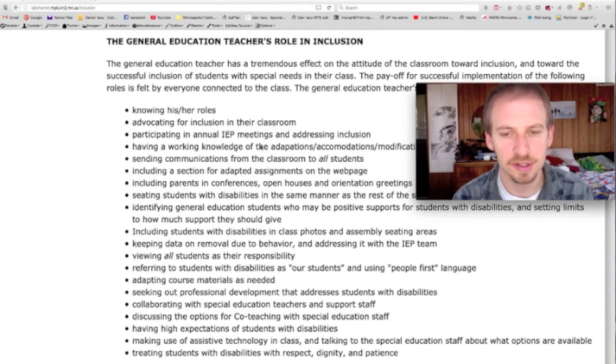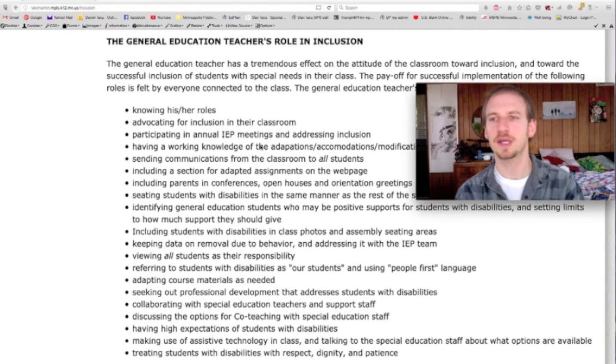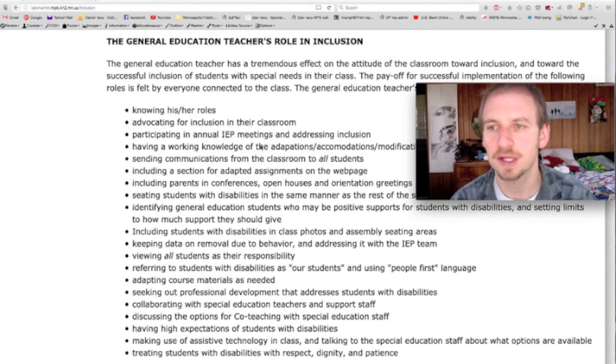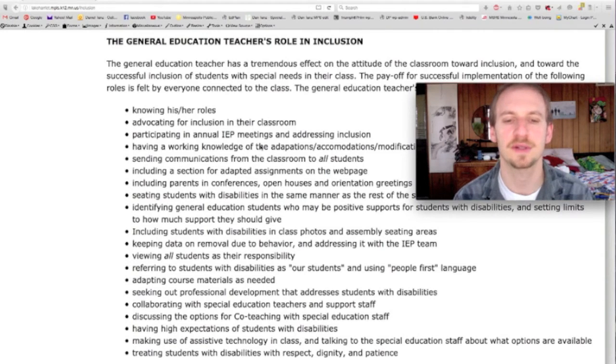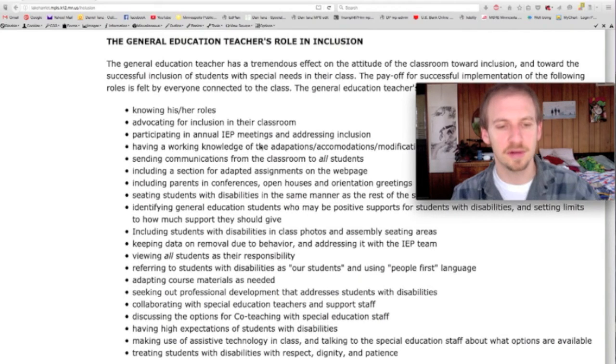Discussing the options for co-teaching. Did I talk? Yeah, I just said that. Having high expectations of students with disabilities. Better to have high expectations than low expectations. Don't embarrass yourself by assuming that somebody does not know how to read, for example, and then finding out halfway through the school year when the parent tells you, well, he can read, didn't you know? Oh, I didn't know. Yes, have high expectations, and that can be adjusted accordingly with conversations. If something is too high, then you can adjust it, but if it's too low, that's communicating disrespect, and it needs to be something that you are aware of.